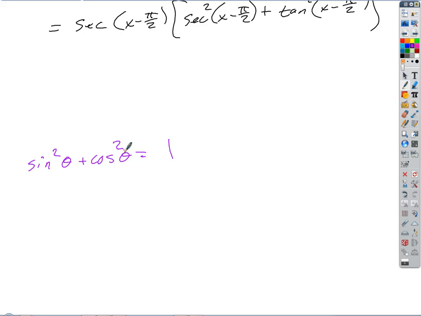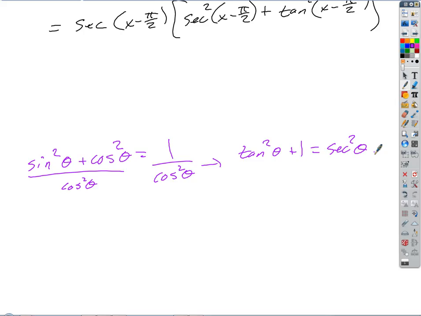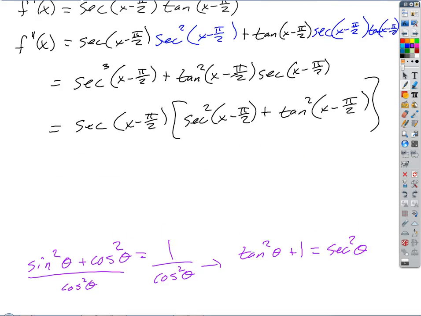Cosine squared, right? Does that make sense? So we'll divide both sides through by cosine squared theta, which gives us, on this side, sine squared over cosine squared, which is tangent squared, right? Plus 1 equals secant squared. Right? And so what do we probably want to do here? Well, we probably want to